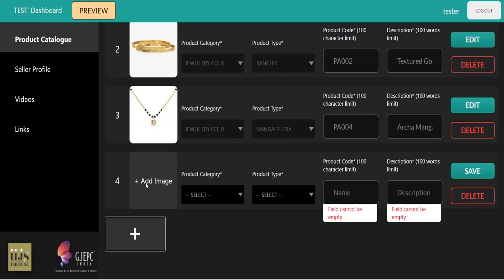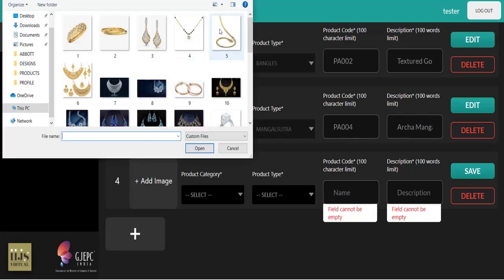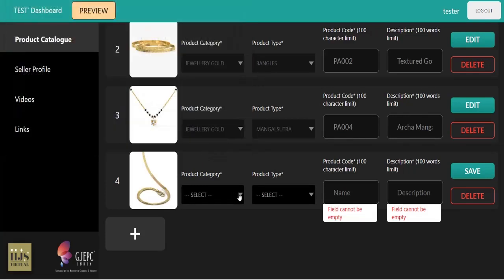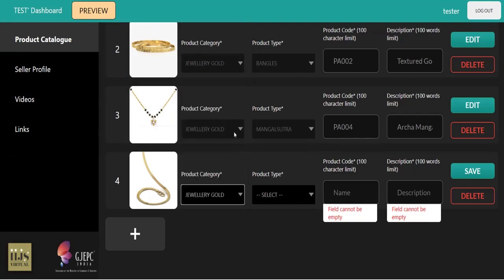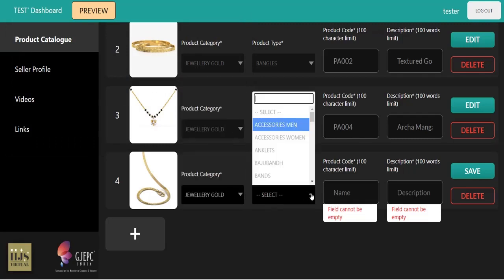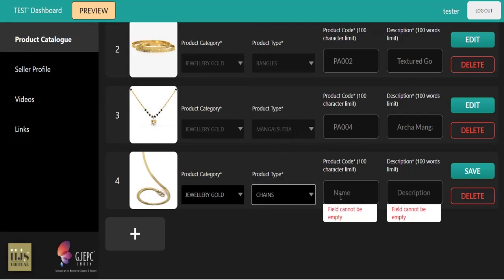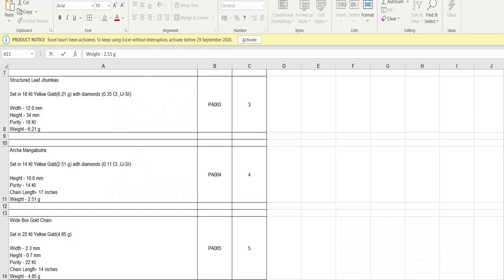Click on add icon, add image. Select the desired product that you want to add in. Click on drop down icon, product category. Product type drop down icon. For product code, go back to the sheet that you have created.